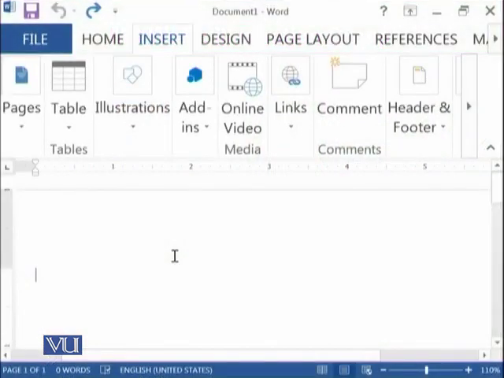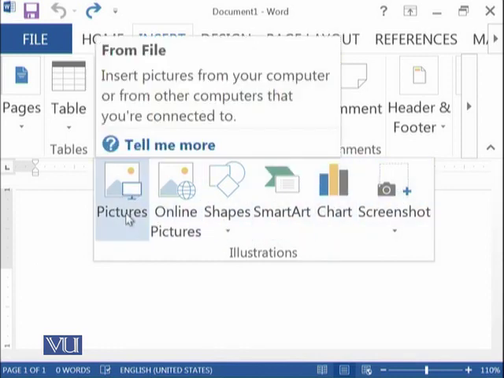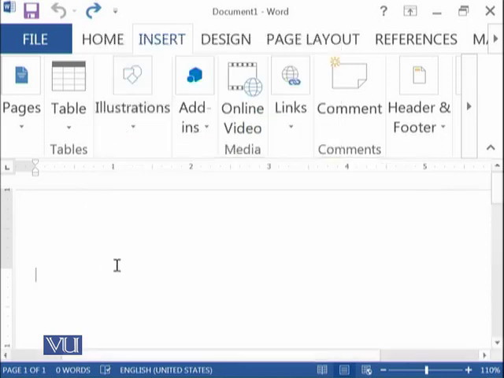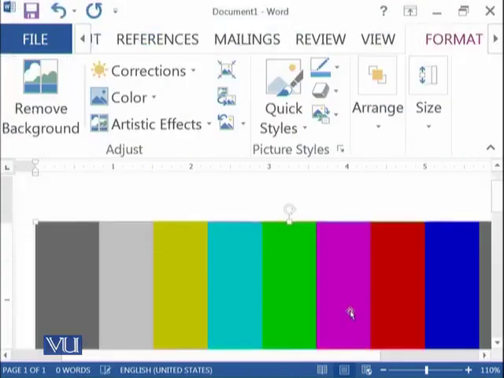So I have the same blank page opened on my computer. So I go into the Insert tab and into the Illustrations group. So here are the things which we will cover in this module. So first of all, in your document, if you want to add some pictures, you can go over here and whatever picture you want to add, for example, if you want to add this picture,